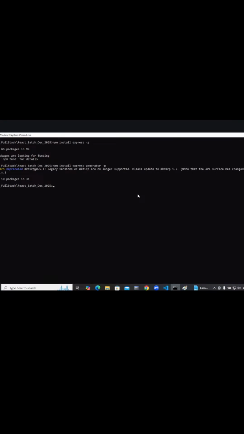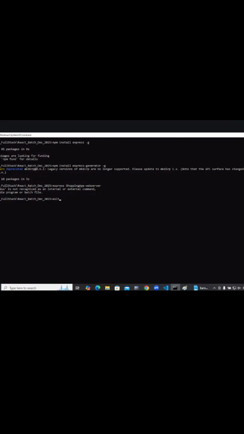Now how are you going to create a server? Simple. Express. Okay, I'll say web server. I'll say shopping app hyphen web server. So the online shopping app client application we created, and this is a shopping app web server. Now once we click on enter, Express is not recognized. Don't say that. Express hyphen generator. All good, right?